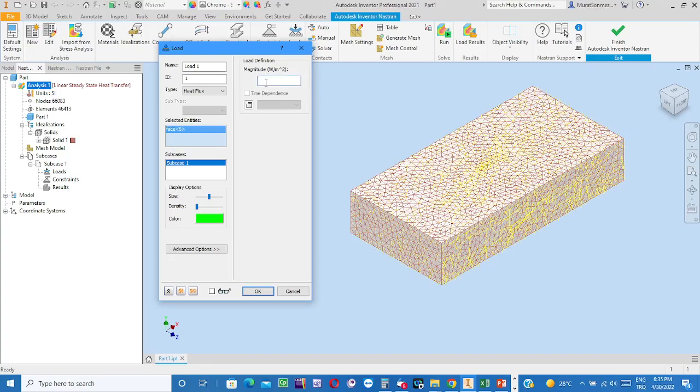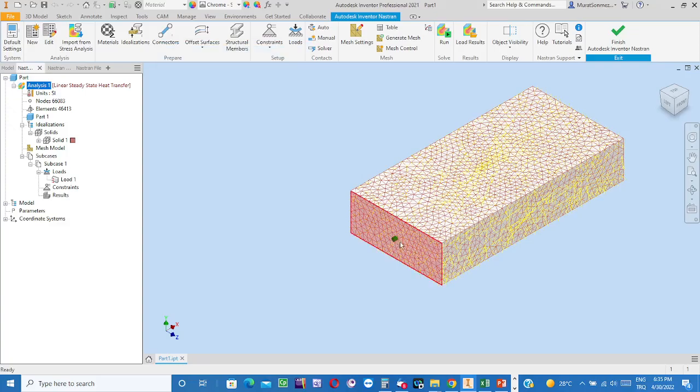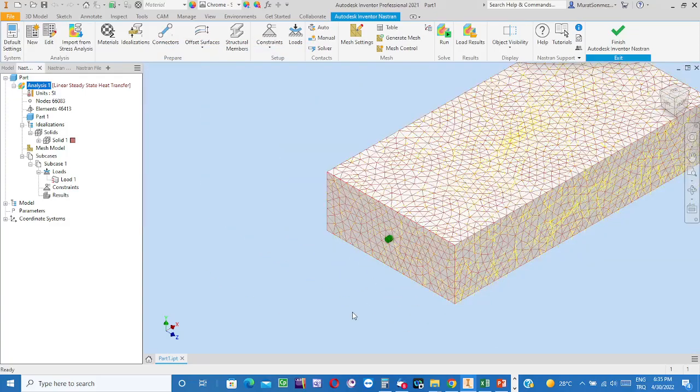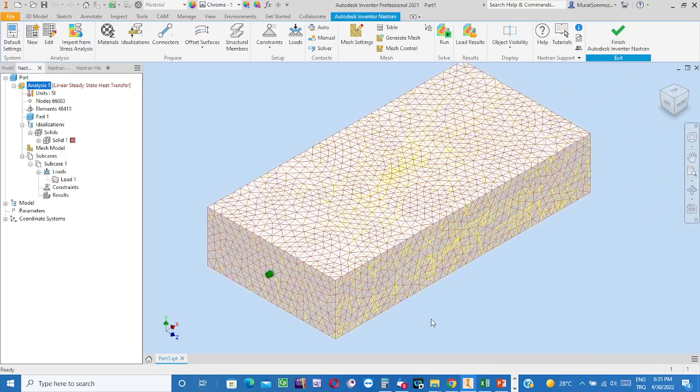Into that box write 6,250 watts per meter squared is the heat flux in this problem, and then say OK. Then yes, this green bar is the indication that there is a heat flux across the surface. One more time, click on first, for being safe, indicate the surface. This surface,